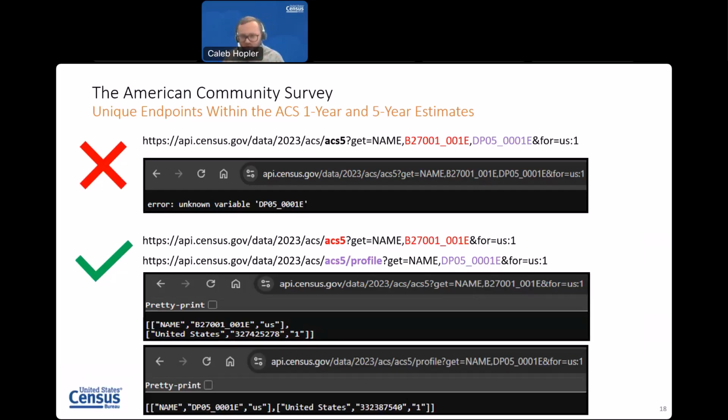So you may be thinking to yourself, okay, I get it. Each type of table has its own special endpoint. So what? Well, the reason why this is so important is because when you're using the ACS API, you have to take into account the type of table or profile that you are using. So I alluded to this earlier when I was talking about the API discovery tool, but now I'm going into detail. So for example, if you are using DP05, which is a data profile, and table